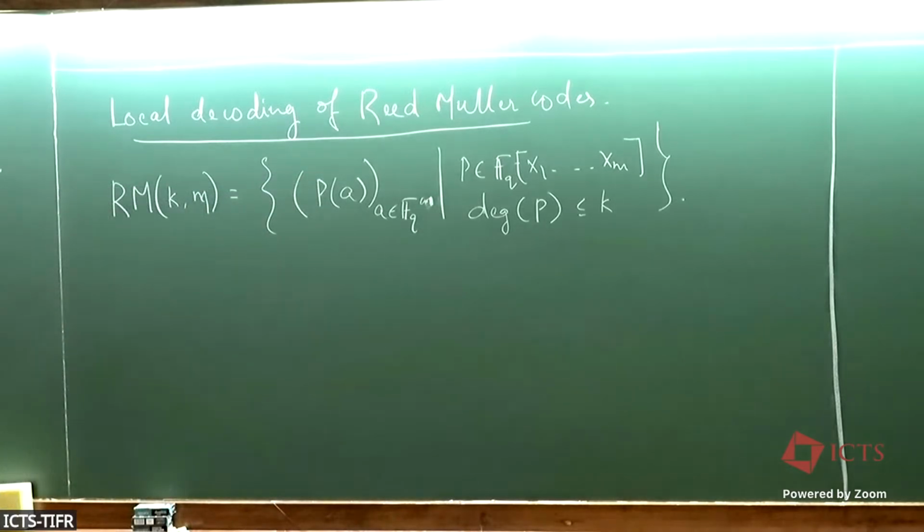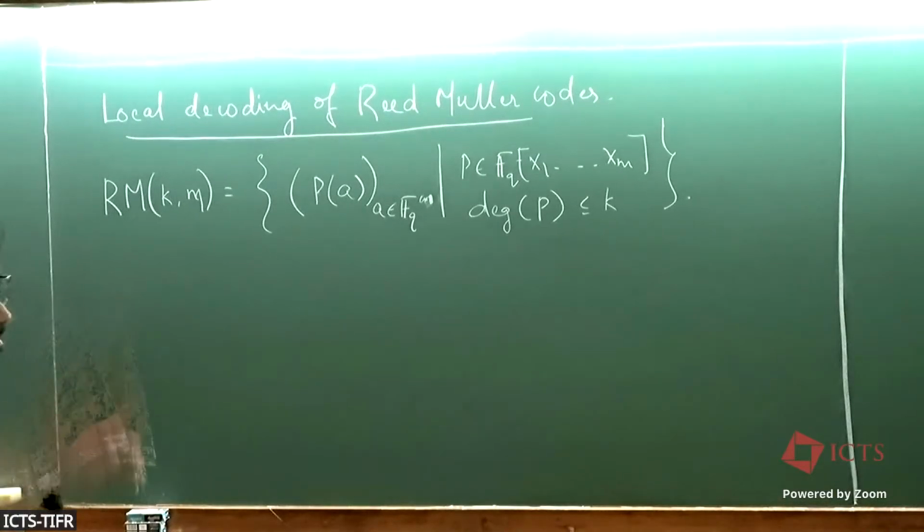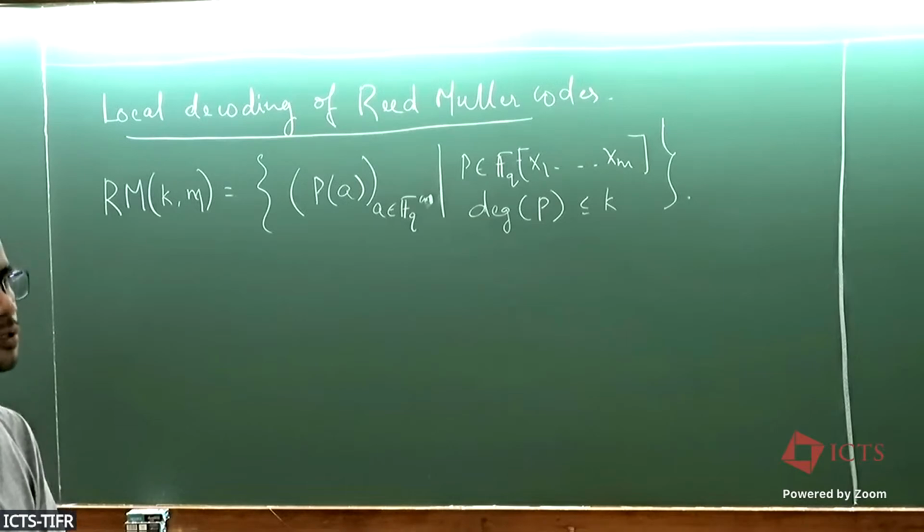In the second part, we are going to show that Reed-Muller codes are also locally testable. So we'll define the notion of local testability. And we'll show that there is a local algorithm that, given an arbitrary vector with the same parameters, distinguishes the cases where this vector is a Reed-Muller code word, or this is very far from every Reed-Muller code. So we'll talk about that in the second half. But for the first half, let's